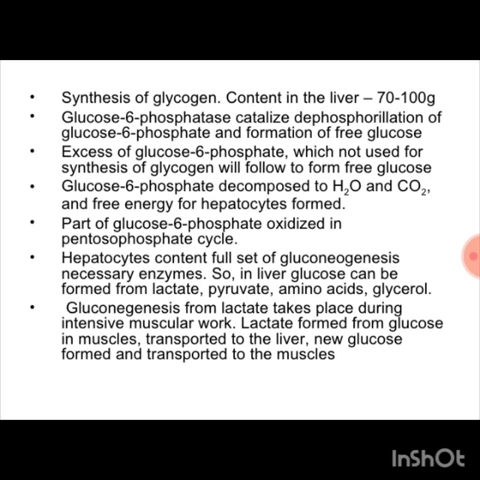Now part of the glucose 6 phosphate will be oxidized in the pentose phosphate cycle, and the hepatocytes contain the full set of enzymes necessary for gluconeogenesis. So in the liver, glucose can be formed from lactate, pyruvate, amino acids and glycerol, and gluconeogenesis from lactate takes place during intensive muscular work. Lactate formed from glucose in muscles is transported to the liver, and the new glucose formed is transported to